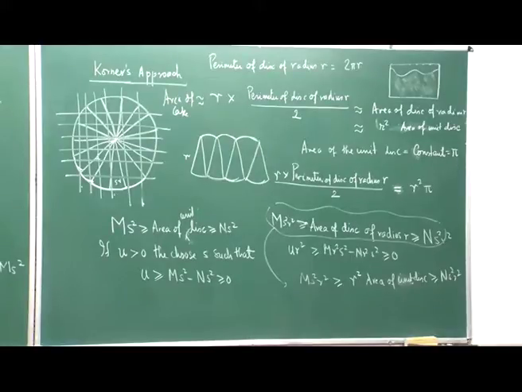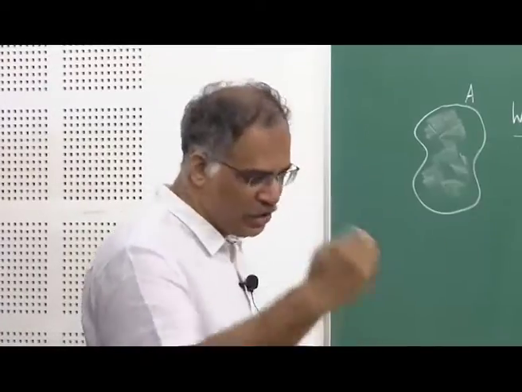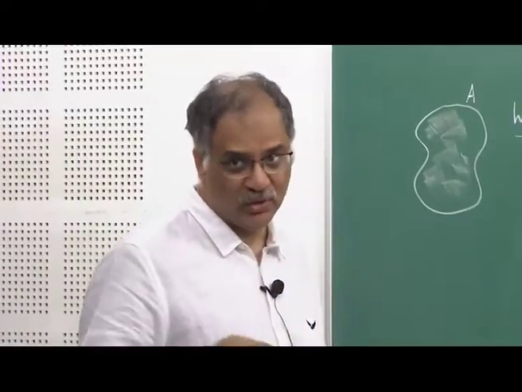So which means the perimeter of the disk of radius r divided by the diameter is always constant. So whatever be your radius r, it does not matter, the ratio of the circumference by diameter is always constant,